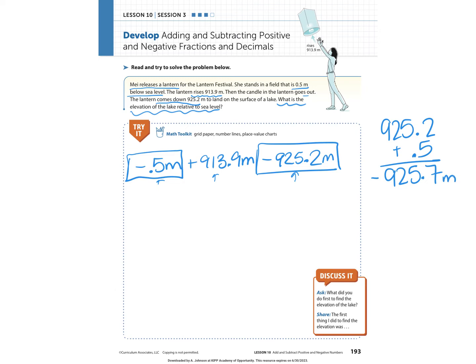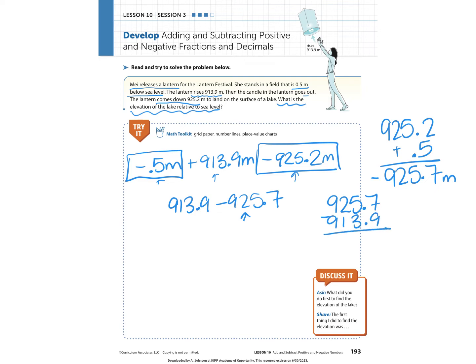Okay? So now I have a positive 913.9 and a negative 925.7. So since one is positive and one is negative, that means I have to subtract. Okay? When I subtract, the larger number, in quotes, has to go on top. So I've got 925.7 subtracting